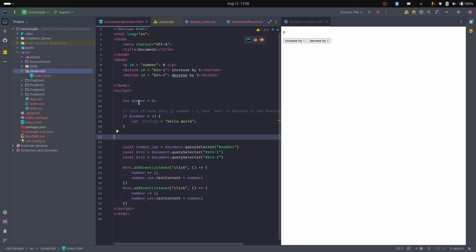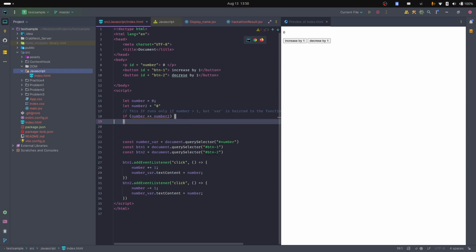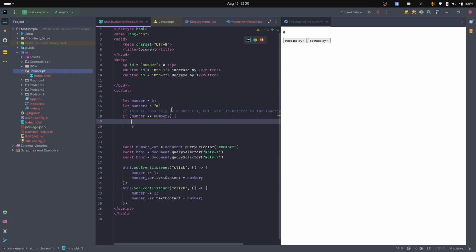So I'm going to show an example. Because I already told you I can display this number 2 as a string. Right now the number is a string. I can compare the two of them, like number equal to number 2. For example, in Java it's going to not run this block, because in Java it also compares the data type, but in JavaScript if we just use double equal signs, it just compares the data, not both the value and the data type. So right now I just display console log